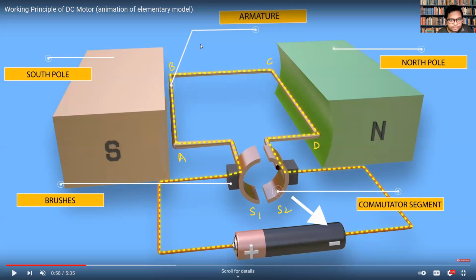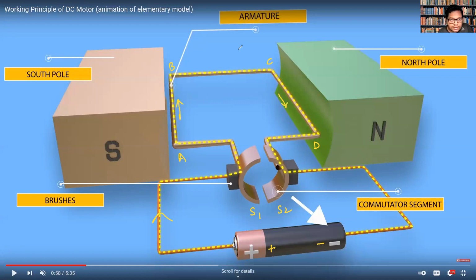So therefore, remember that I'm going to erase this arrow. The field is from the right of the screen to the left of the screen. That's the direction of the magnetic field. And as you can see from the polarity, this is positive and this is negative. So the current is flowing this way.